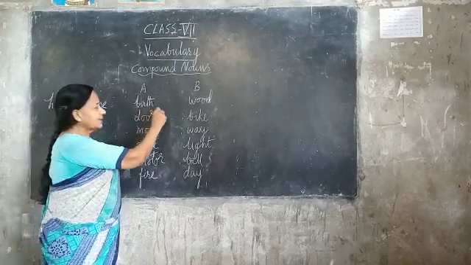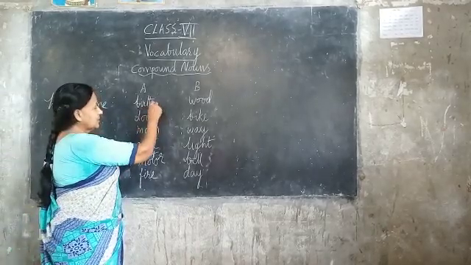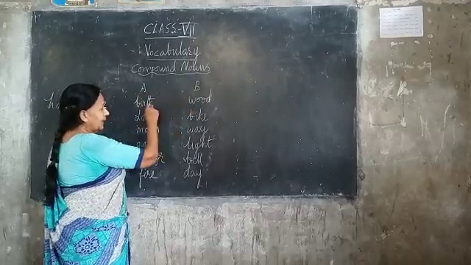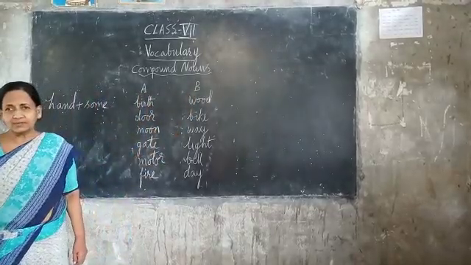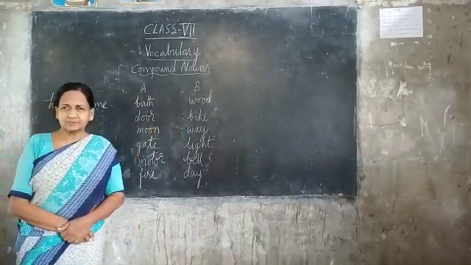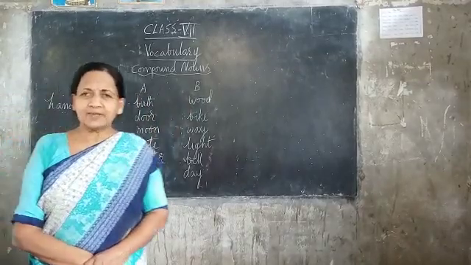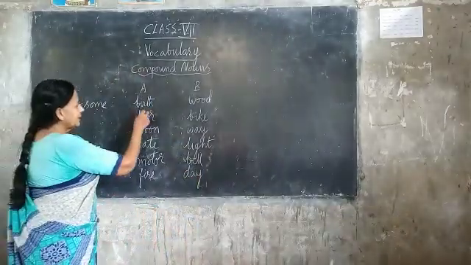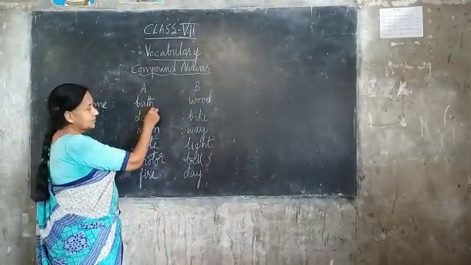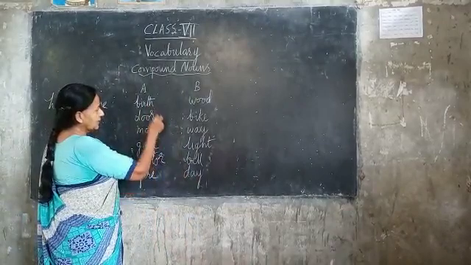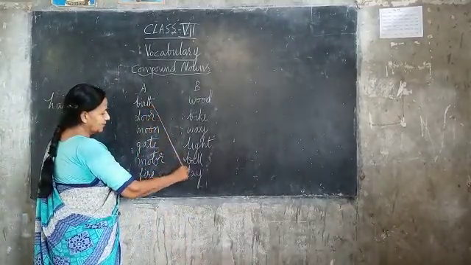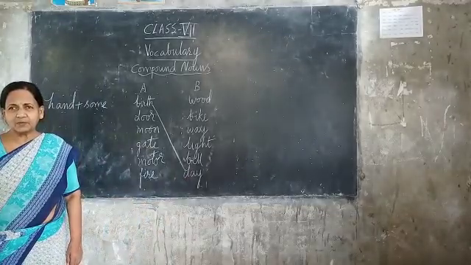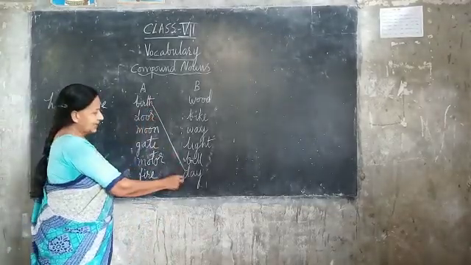Here we have a few words which are going to be joined from part A to part B, and it's going to form a word. Have you understood, children? Please put your mind to it. Thank you, children. So here, B-I-R-T-H, birth, we are going to join it with day. So what do we get? We get birthday. We spell out birthday.